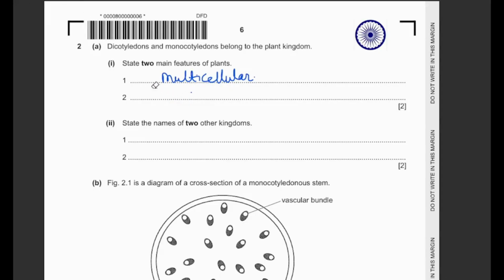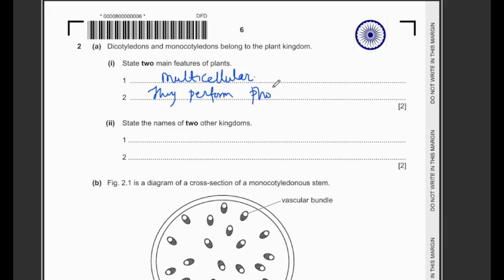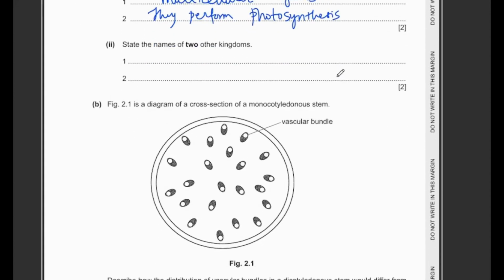What are they performing here? They perform photosynthesis. Okay, they perform photosynthesis and are multicellular organisms. Fine. Okay, next one, state the name of two other kingdoms. What are the other two kingdoms? They are animals and fungi. Okay,